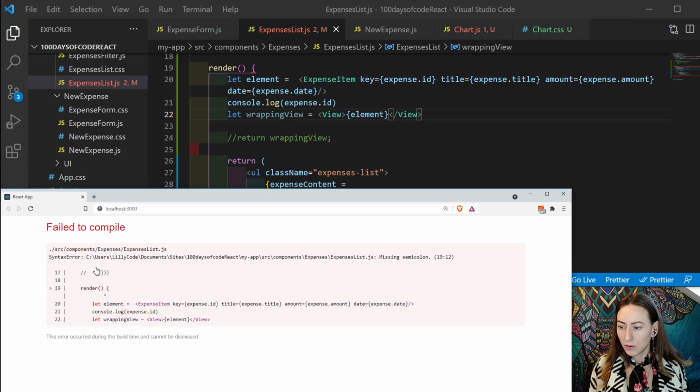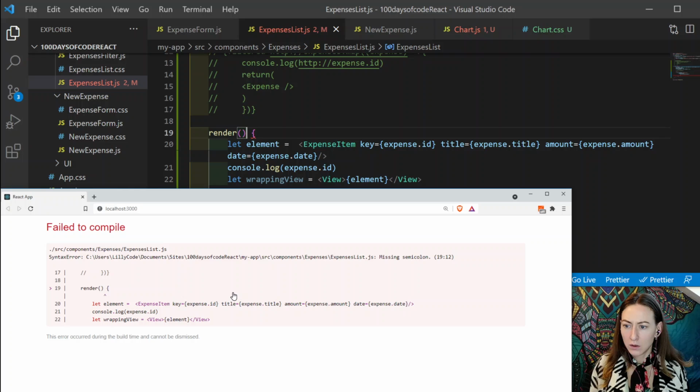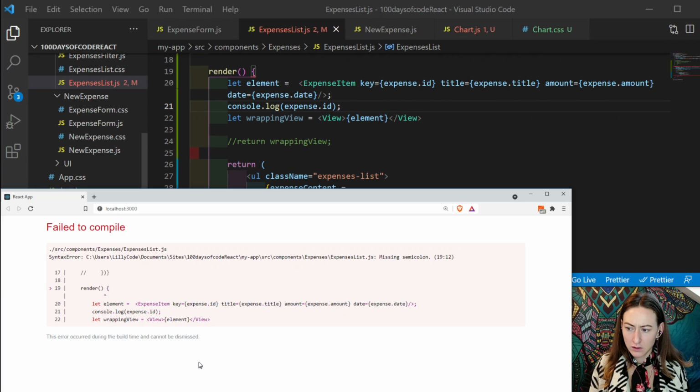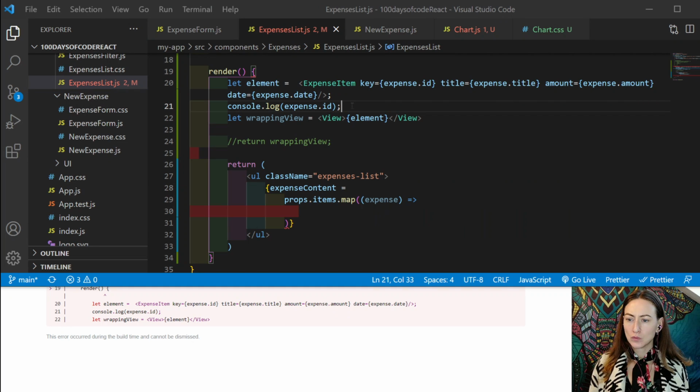Okay, so expense is missing a semicolon. Cool. Okay. Where is it missing a semicolon? A few of the logical places I would expect them to be. Okay. Don't know, I'm just sticking them in. I shouldn't be totally guessing either, but